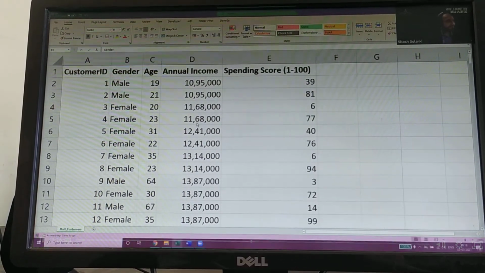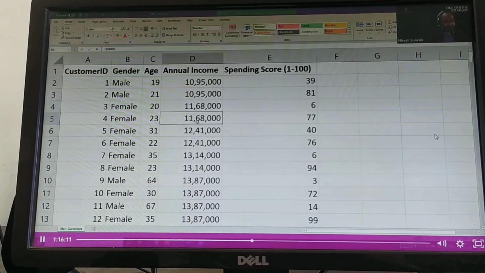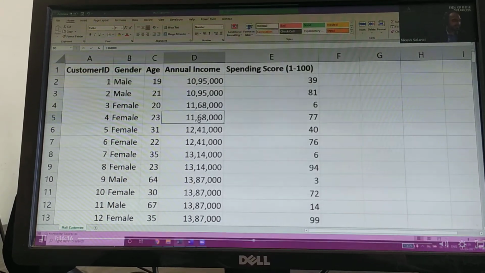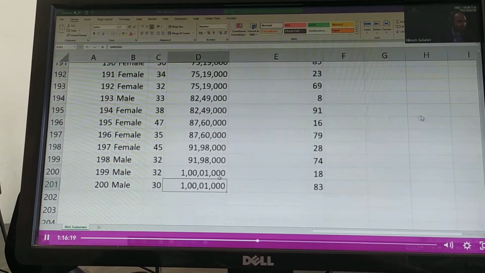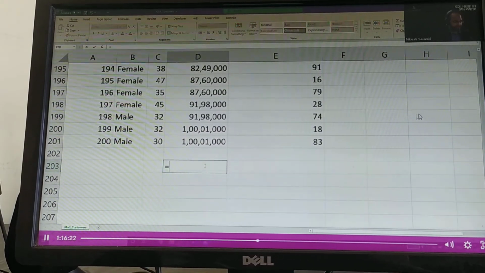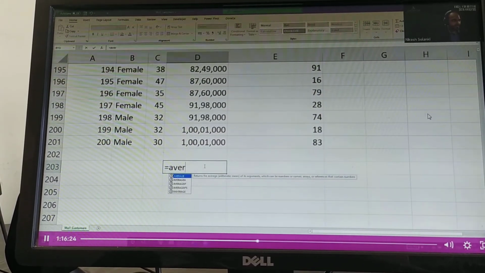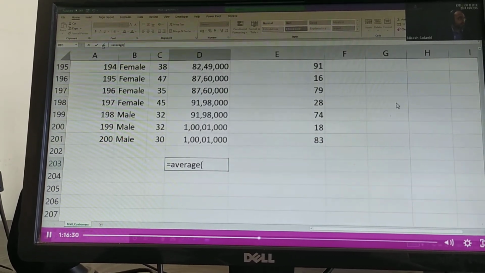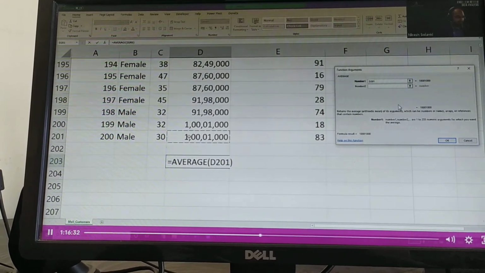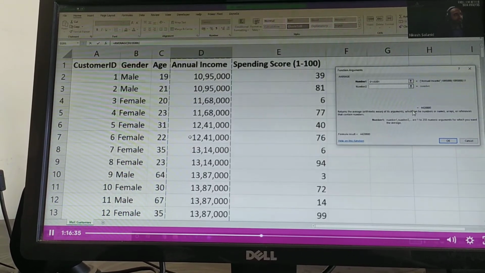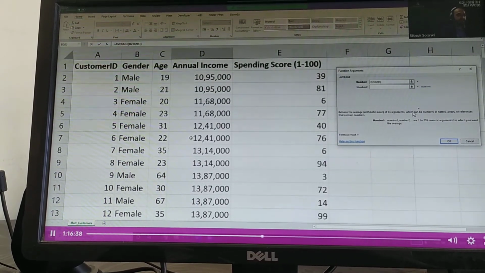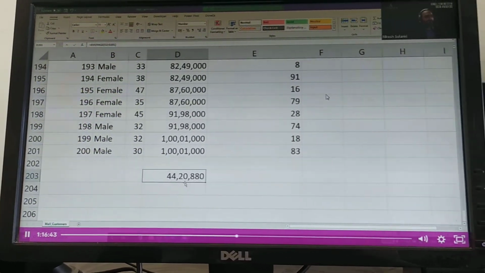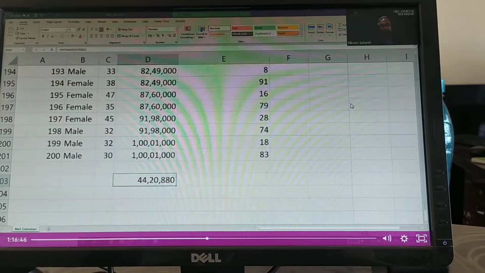Yes, Ishan. At the bottom of this sheet. Okay, so I'll go to the bottom, and over here you're saying I type average and then open bracket. As I explained earlier, we'll go to FX and select the complete range, and I'll click on OK. If you go to the bottom, you'll get your average. Thanks, Ishan.